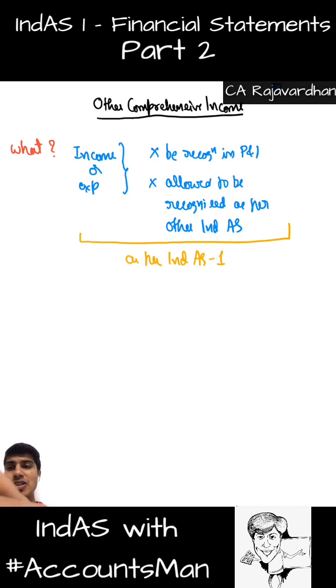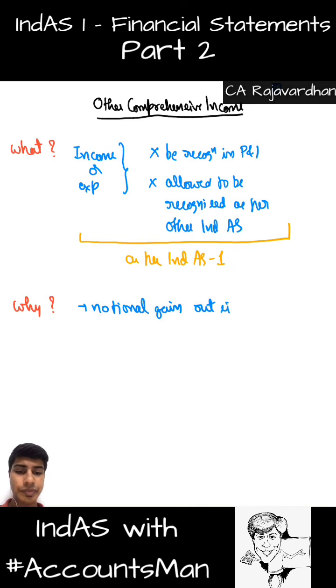So the next question that we all have is why. You get that? So the next question that we all have is why. Yeah, if the question is why, the answer is it is notional gain. Yeah, outside P&L. It's a notional gain, so it cannot be taken to P&L account. Then, sir, why again? Because if it is a notional gain, according to conservatism, we should not be recording that comprehensive income because it is notional. Prudence or conservatism says it, isn't it?